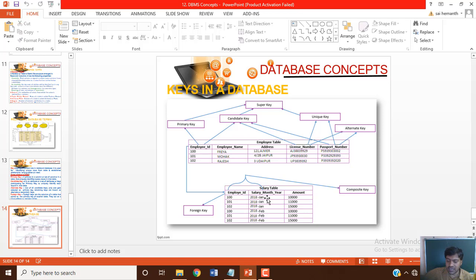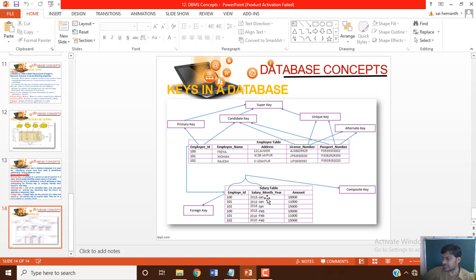The attributes responsible for forming the composite key must not be a key individually.